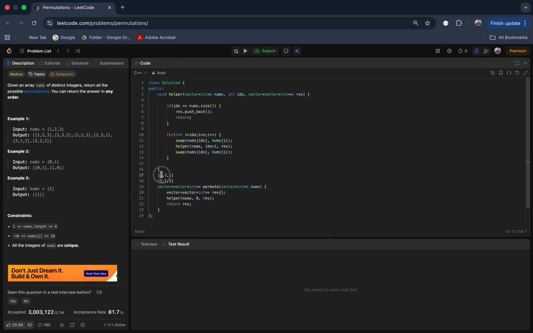So basically only the first index I am swapping out till here. If I'm changing the order, I only want one element to be changed at a time. So if I don't swap it like this,